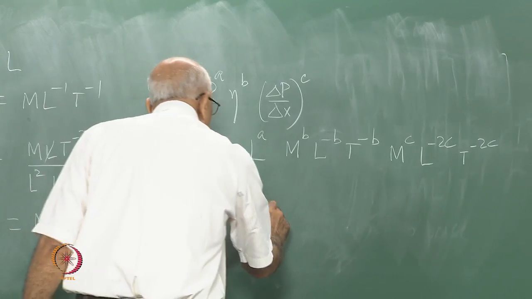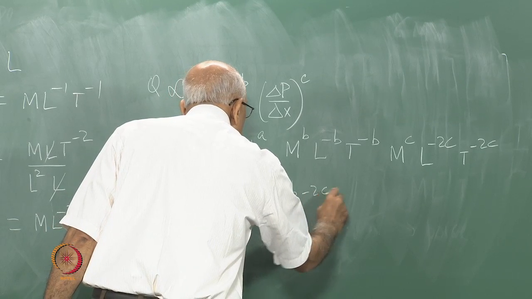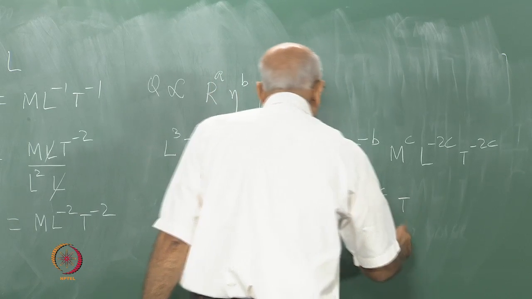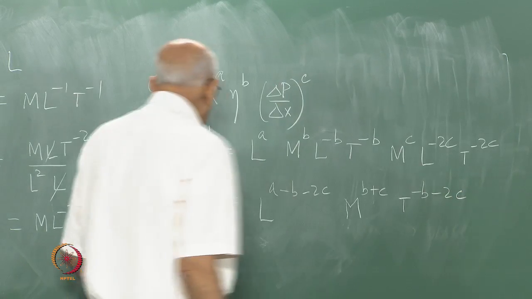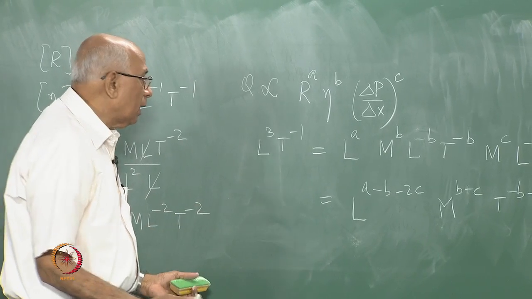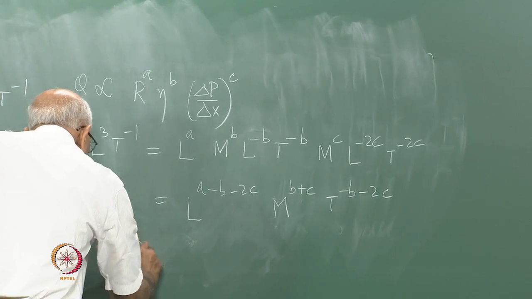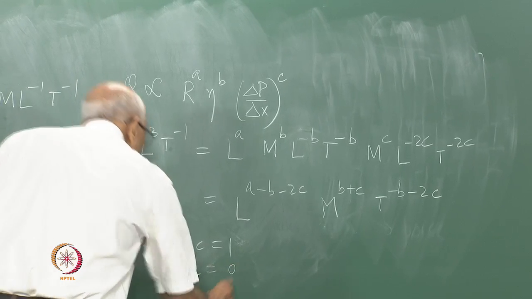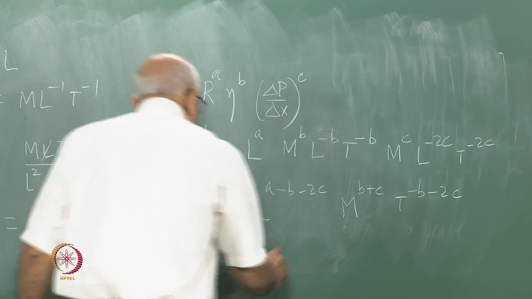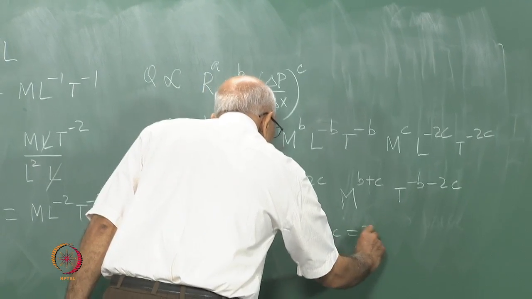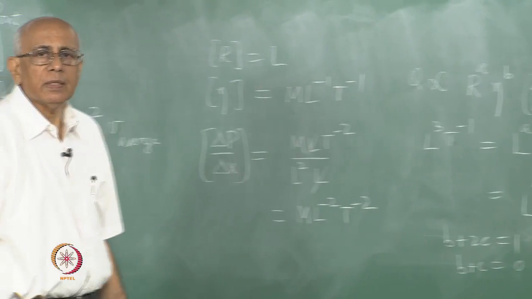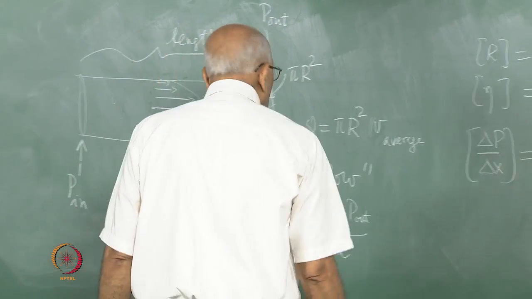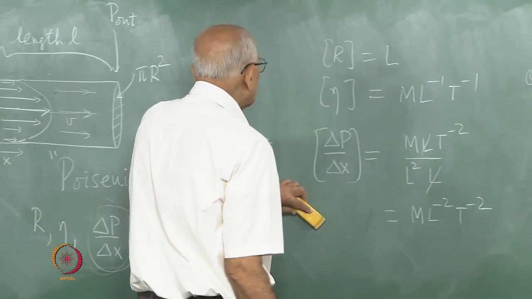So this whole thing, combining everything together, is L to the power a minus b minus 2c, m to the power b plus c, and then T to the power minus b minus 2c, and that must be equal to this. So we have a simple set of simultaneous equations. So it's b plus 2c must be equal to 1, that is this thing here. Then b plus c must be equal to 0 out here, and a minus b minus 2c must be equal to 3. And all we have to do is to solve these three equations together, and that is a trivial thing to do, and you have a unique solution, and the solution turns out to be, and this is something left to you as an exercise, the solution turns out to be the following: